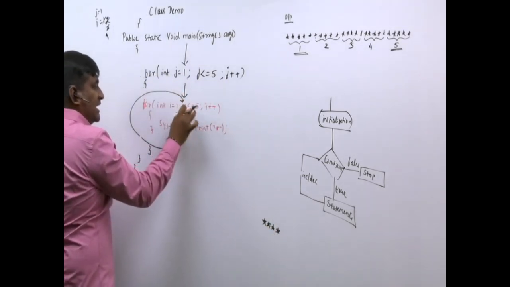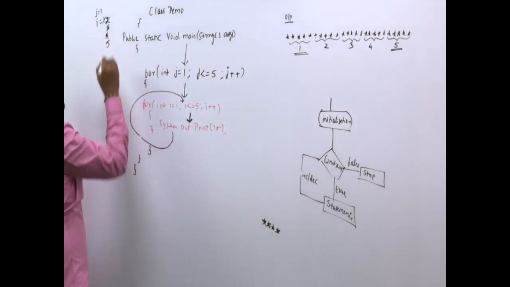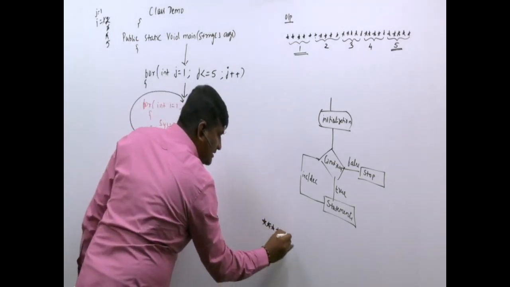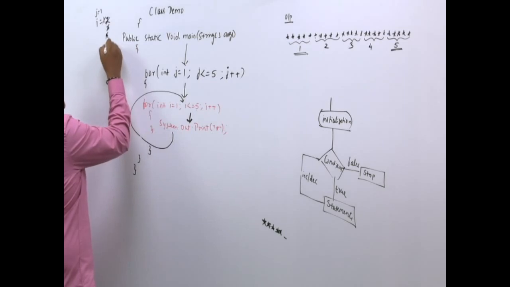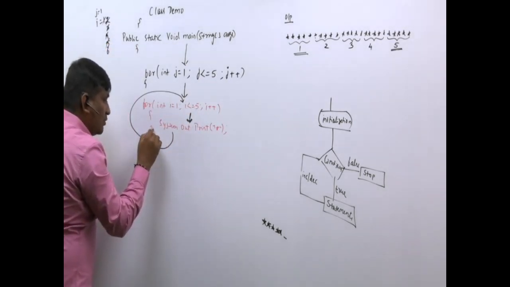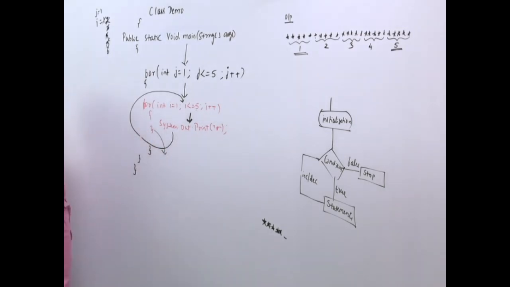After that go back and check the condition. You should increment. I gets incremented to 5. Is 5 less than or equal to 5? Yes, come inside. Print star. Cursor will go to the next line. Again increment, I becomes how much? 6. Is 6 less than or equal to 5? No. The control will come outside.